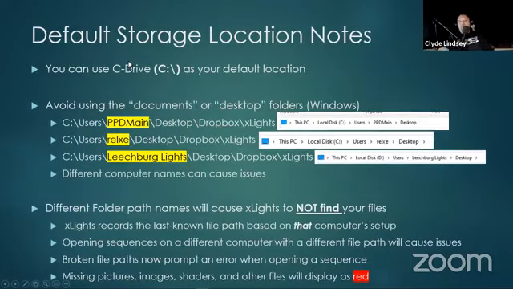So for the default storage location, here are a few notes. You can use the C drive, C://, and for example, Dropbox. I will say Dropbox because that's what I use, but you could also say OneDrive or iCloud or Amazon, whatever server it is, just replace it with that. One of the things I have learned is to avoid using the My Documents folder or my desktop folder,